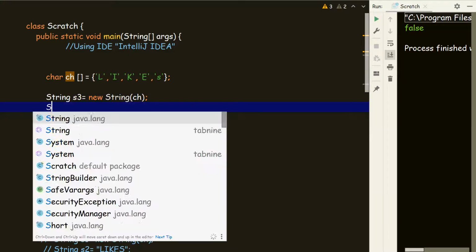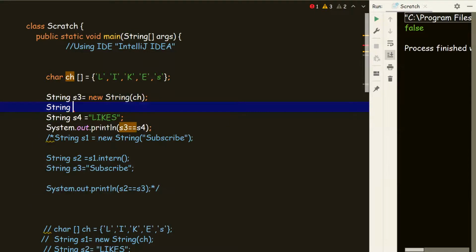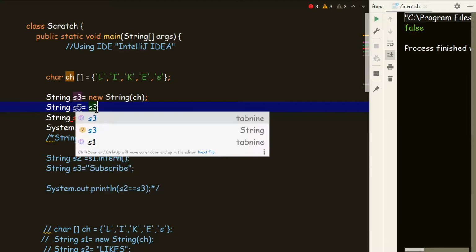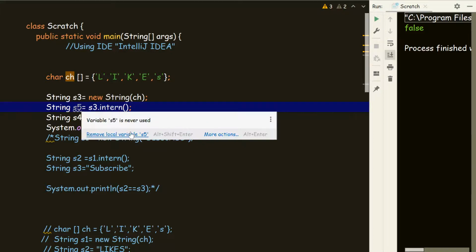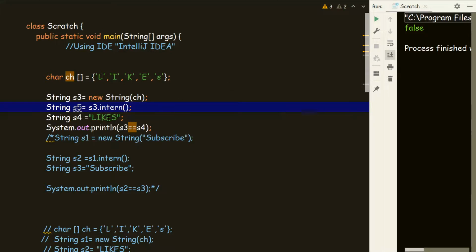I will do String s5 equal to, like we did over here for intern, s1.intern(). So we will do the same over here: s3.intern(); This would create an exact copy in the SCP area.